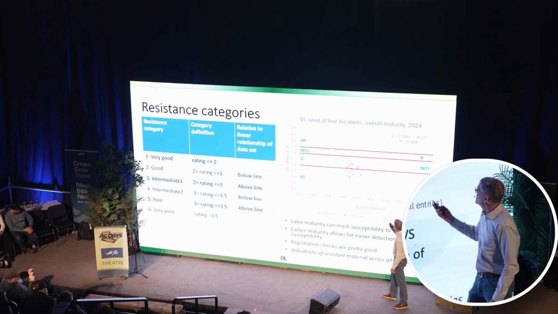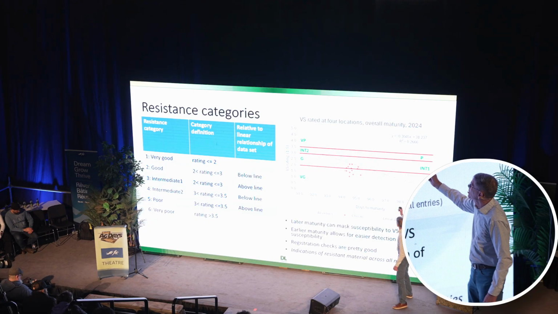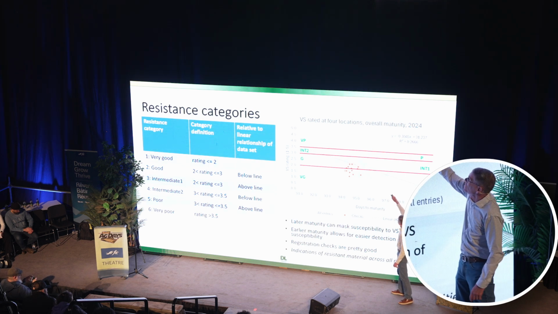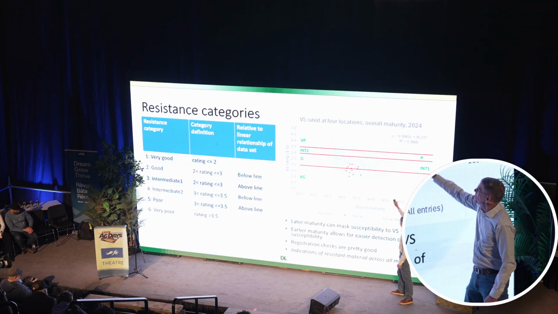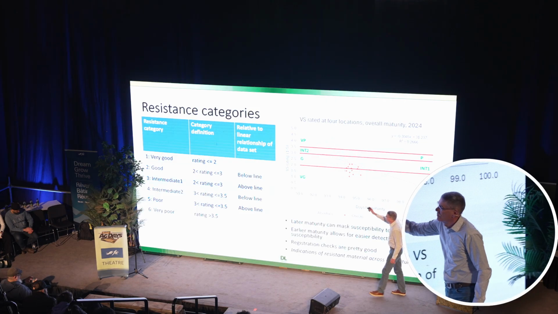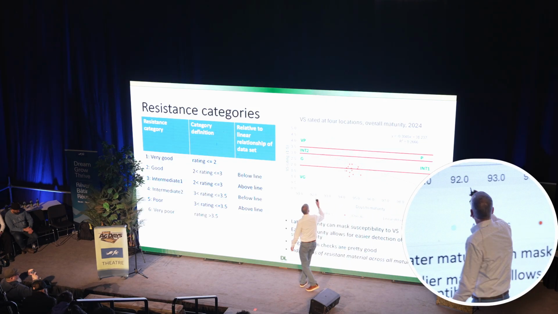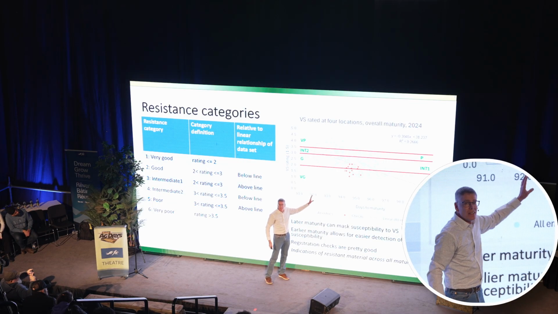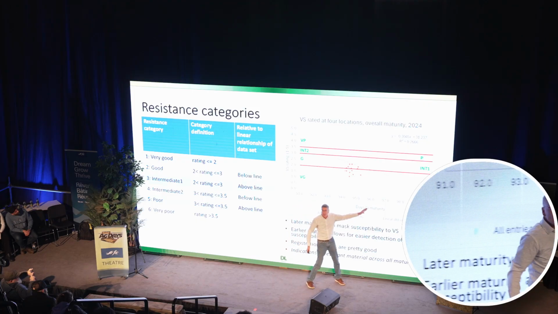And so what you can kind of see here, when you get really late maturity, you get this gentle slope in the data. And so you don't actually see a lot of susceptibles at this end. And over here, where you've got earlier maturity, you tend to see more. So it means you can see better here, and you can't see very well over here.